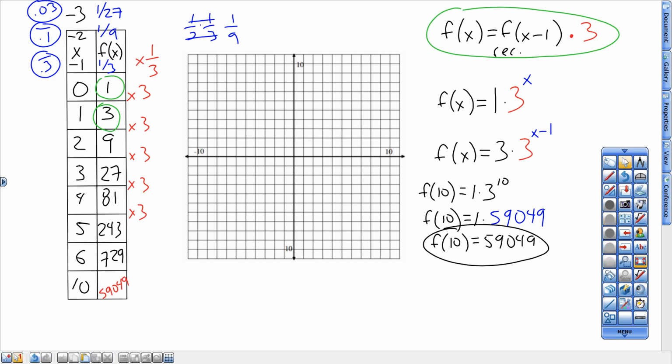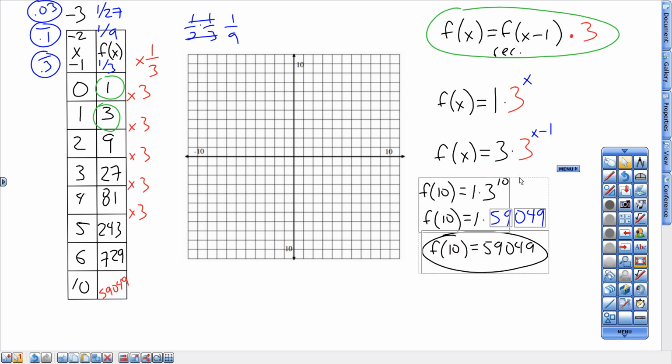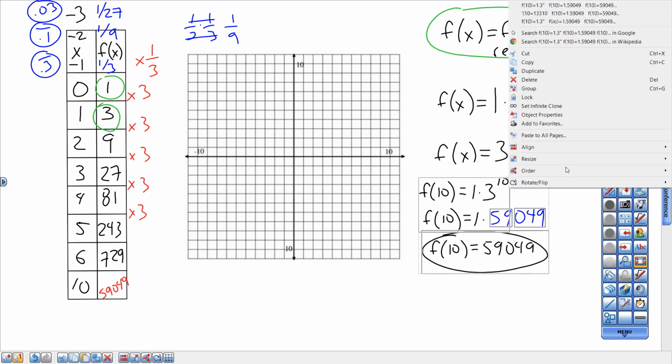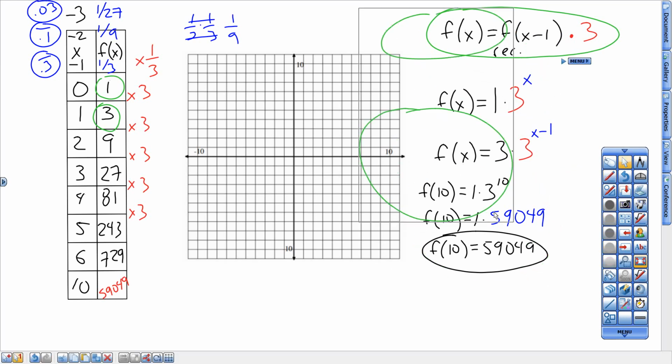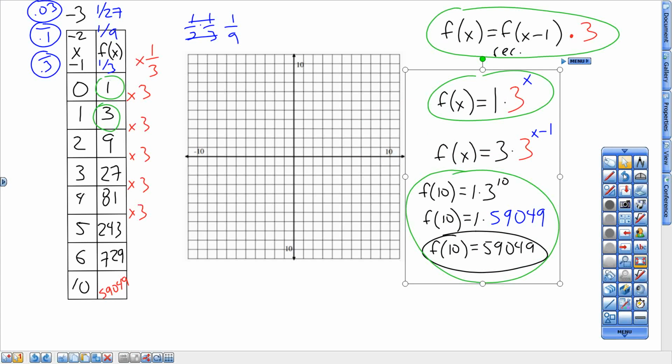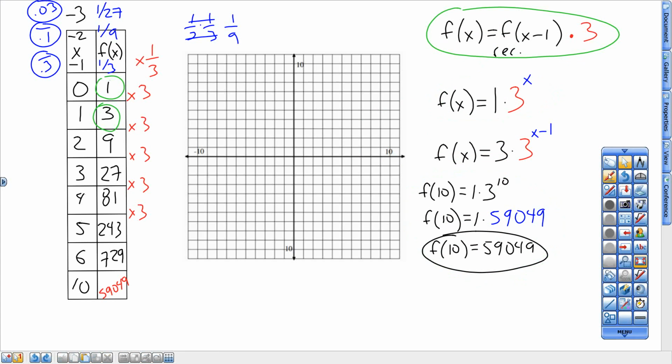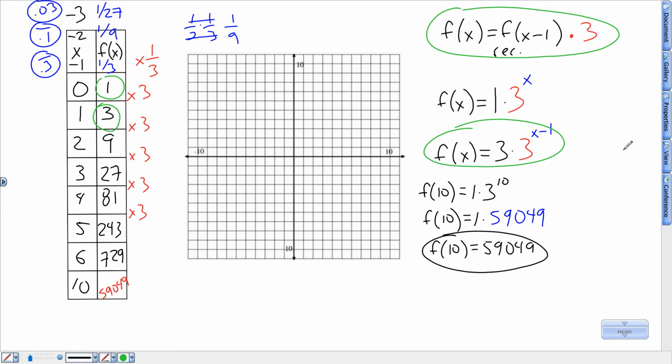Know that if I do the other form, it will give me the same answer. This one right here is me using this form right here. Now I'm going to use the bottom one. I'm going to use this guy right here. So here I go. If I do that and plug that in, that will be